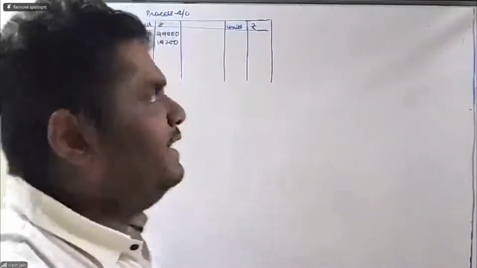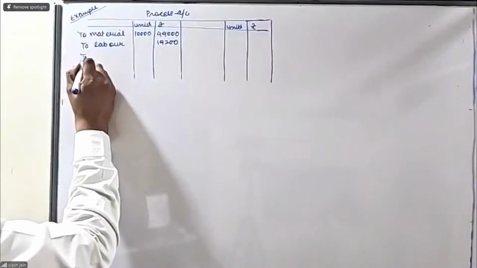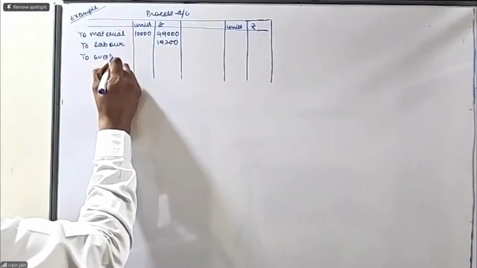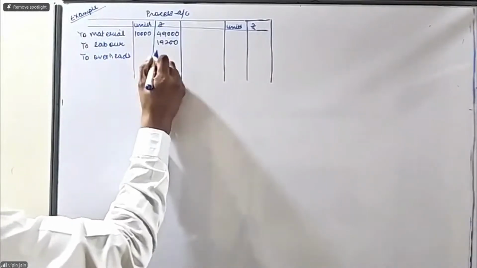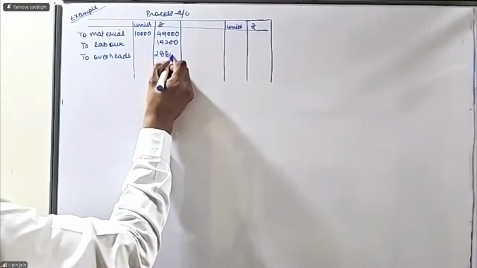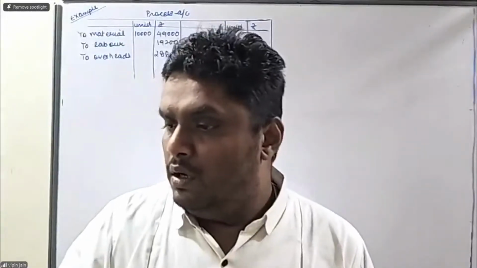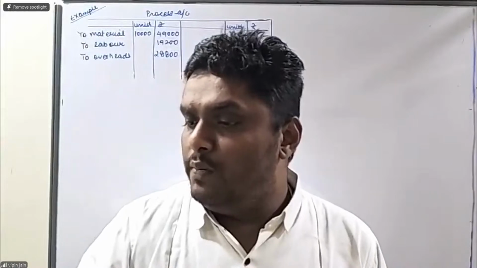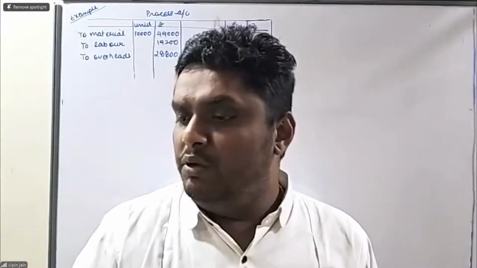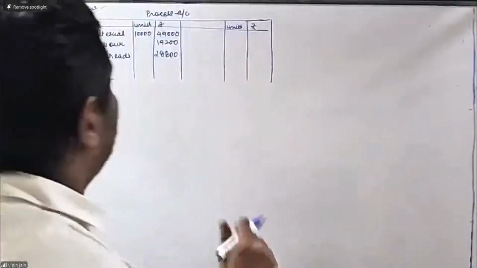Overheads are 28,800. There is no normal loss. Simply the units transferred and the closing work in progress is given